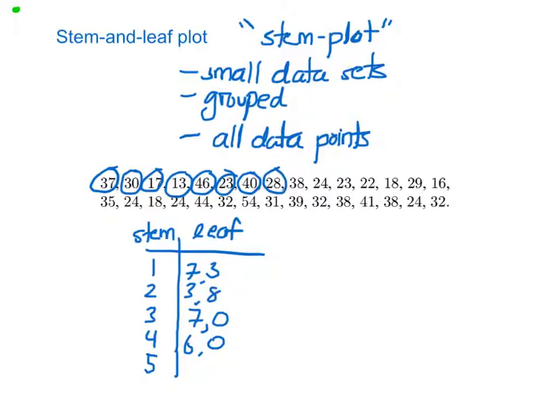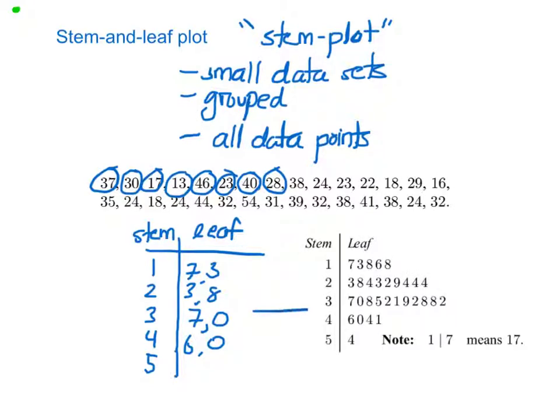The finished stem and leaf plot will look something like this. Notice all 30 of the data values are included, and again we can quickly see that the values between 30 and 39 are the modal class. These are the values that occur the most often. But notice that the numbers in these rows aren't really in order. And there are some statistical analyses that we would like to do that would be a lot quicker if we